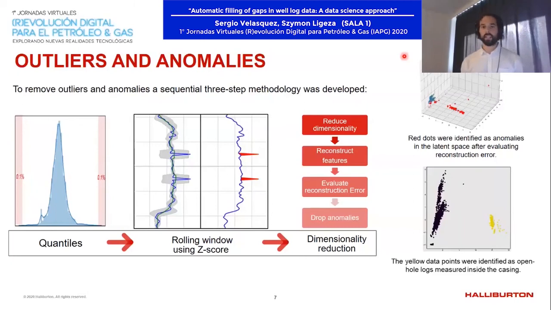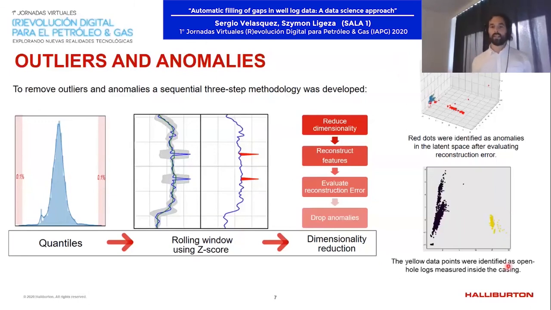So by setting a threshold, we can remove all anomalies, all data which are above the threshold, which is above a reconstruction error. It's the so-called reconstruction error. So we set the reconstruction error. If something is above this reconstruction error, that means that probably we don't want to use this. And we were able to detect those